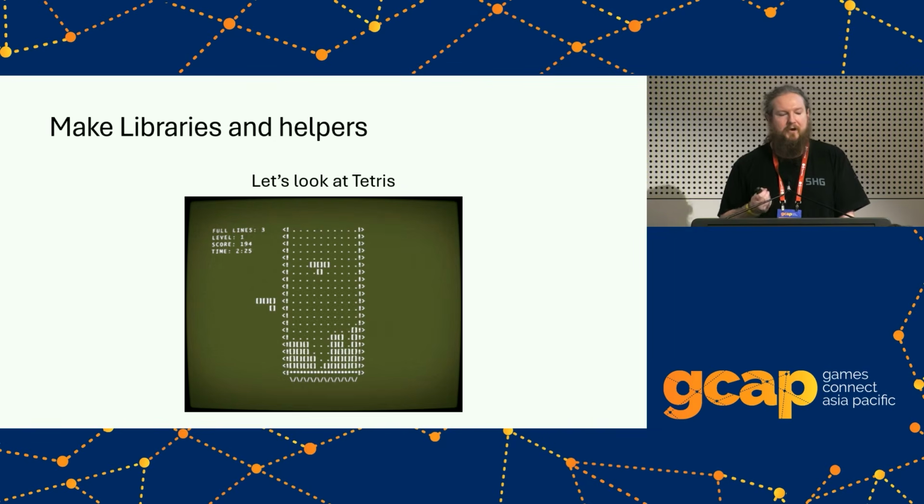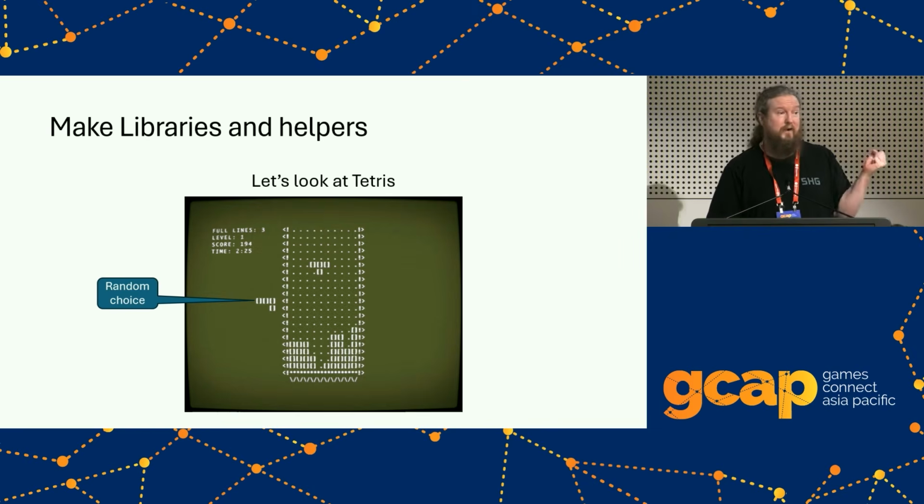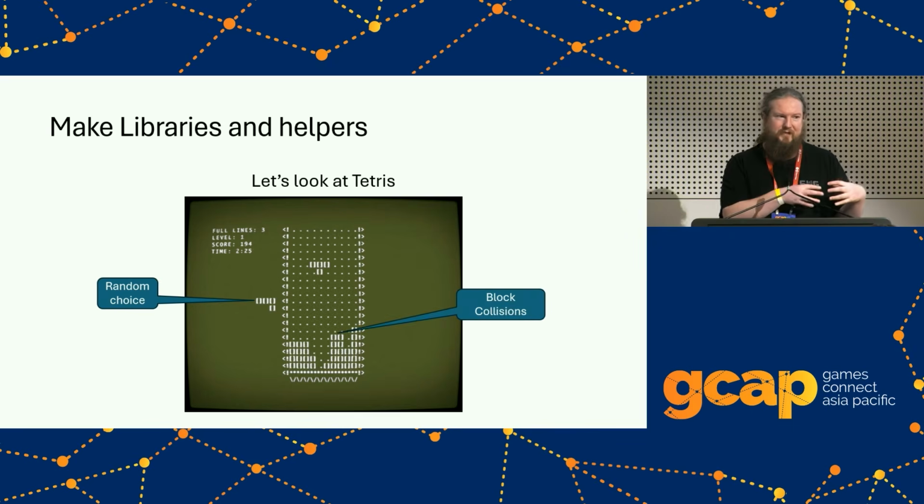So if I look at a game of Tetris and I was like, oh yeah, what could I break out in terms of helpers and libraries there? We've got the random choice of the block. I can break that out, make it its own function, write a quick little unit test for it. It's reusable in the next project. I've already tested it. I've got block collisions. This is a little bit specific to the game, but I can write the unit test for that. So if someone goes to modify that code later on to add some extra edge case, they're not going to break the edge cases that I've already considered.